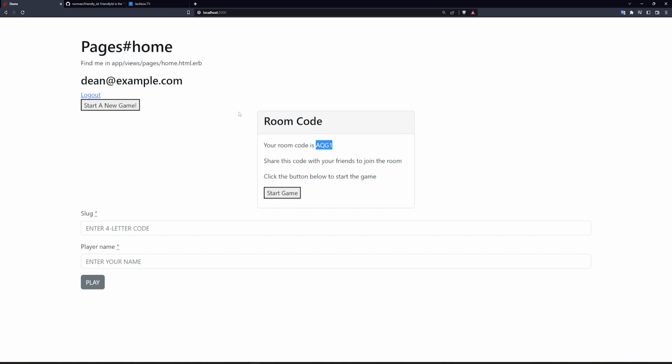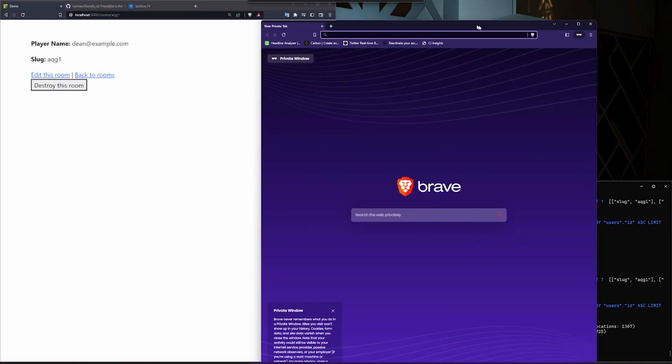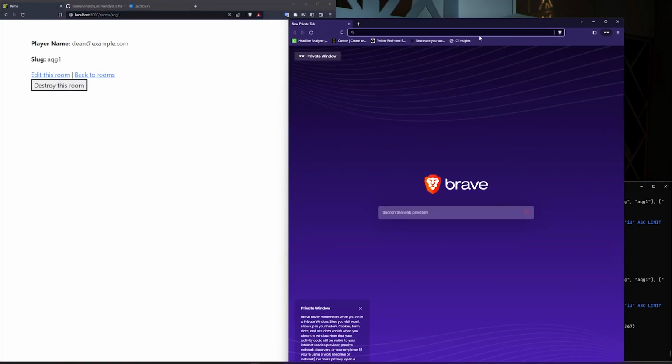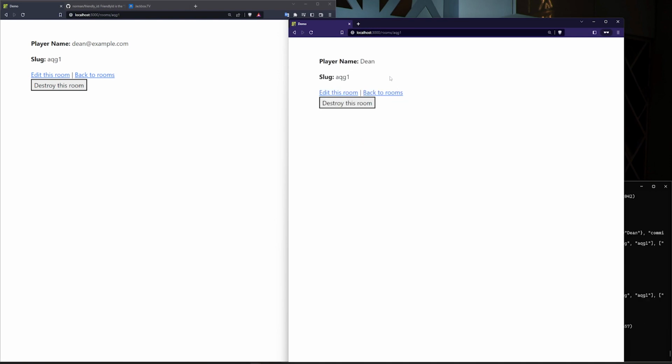And now as the creator of the game, I can just click start and it'll use my email if I'm playing it in app. And it takes us to /room/whatever, AQG1 or whatever. Now, if I'm a guest and I want to go play the game with this person, I can go over to either the URL itself, or I can just go to localhost port 3000, put the code in, and then set my name as Dean, for example, click play,